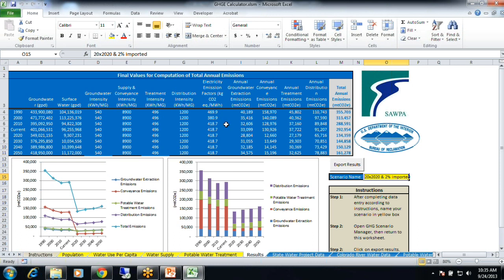Each of the different greenhouse gases is converted over to CO2 equivalents, and that's how that number is developed. So that's why they're not constant throughout. And then you have your total annual emissions numbers here. Each of these is graphed up, and you have your total graph here that's also separated out. So that is creating a baseline and developing different scenarios.